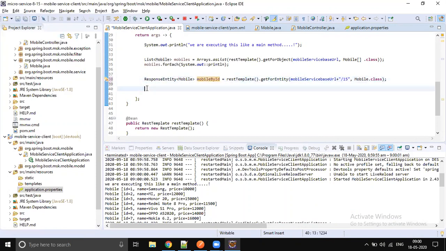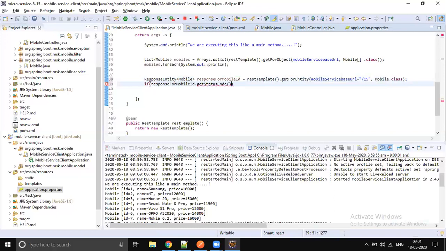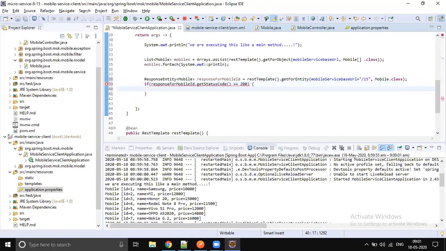Let's give a meaningful variable name: responseForMobileById. If responseForMobileById.getStatusCode equals 200, if this is a success, then print the mobile.